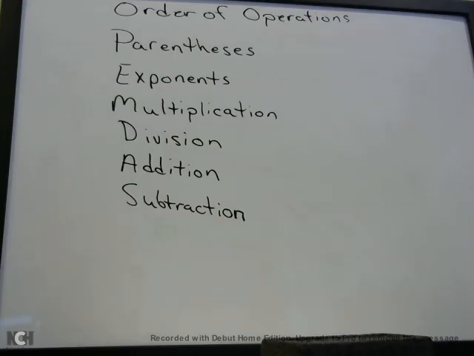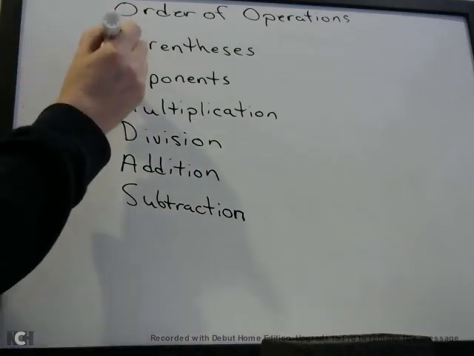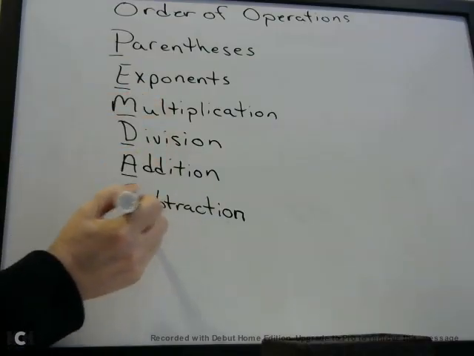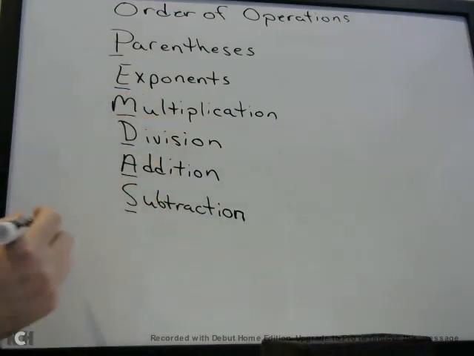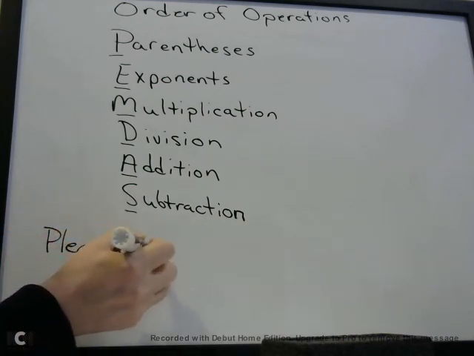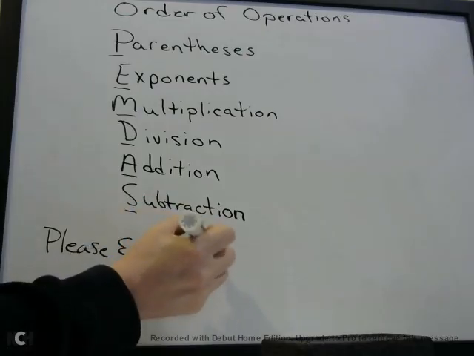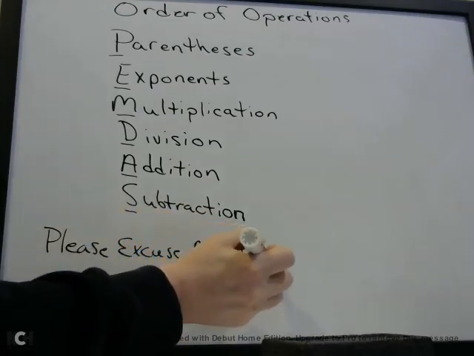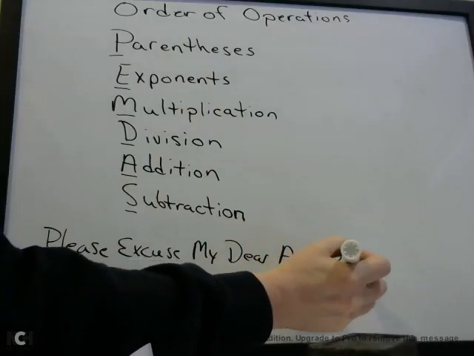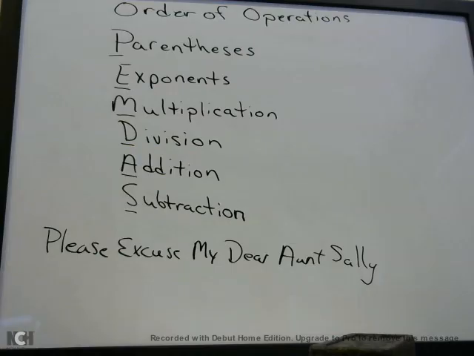One way that a lot of people memorize it is through a mnemonic device in which you just take the first letter of each of these and we make a phrase called "Please excuse my dear Aunt Sally." So if you can remember the phrase, "Please excuse my dear Aunt Sally," that's a way to remember your order